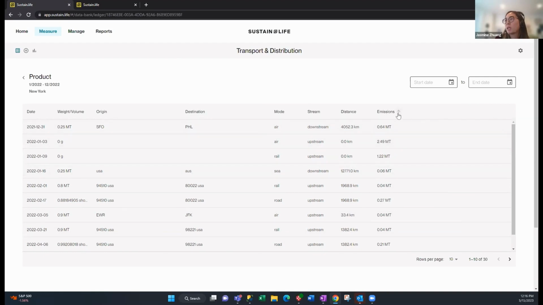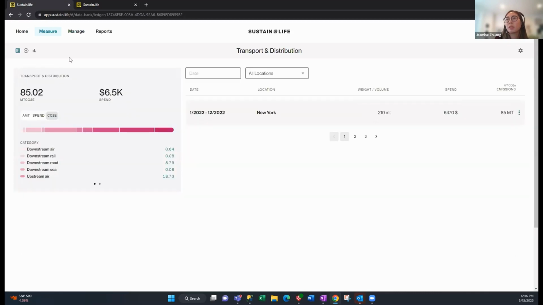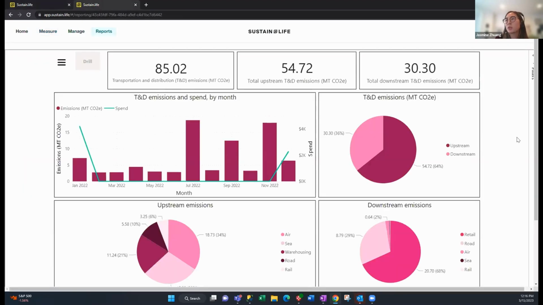You can always sort by your highest emissions to lowest or look for a specific origin or destination. This is pretty granular exploration if you want to look at a shipment level. But probably the more helpful place to go is our analytics dashboard, which you can go to here. Through the analytics dashboard, you'll be able to see some of those same high-level metrics, total emissions, breakdown by upstream